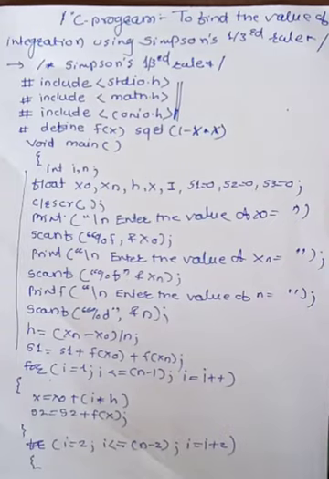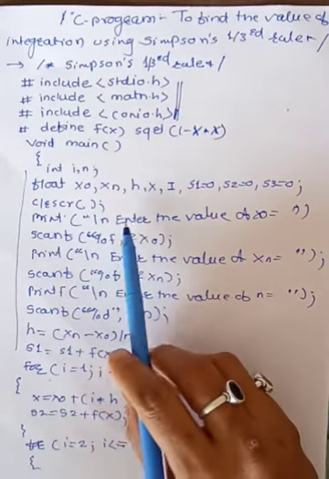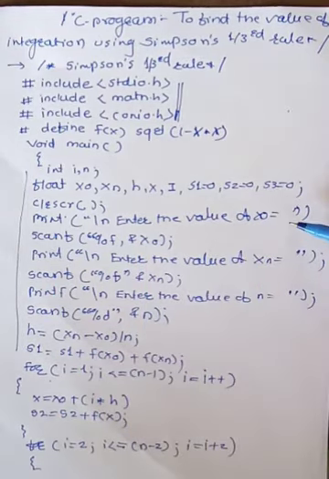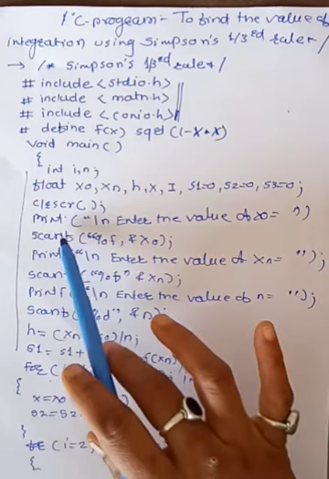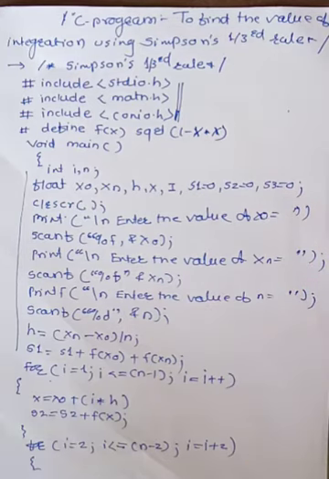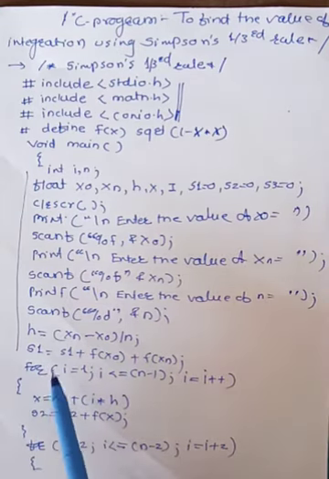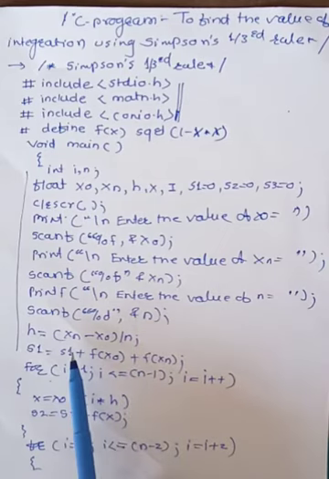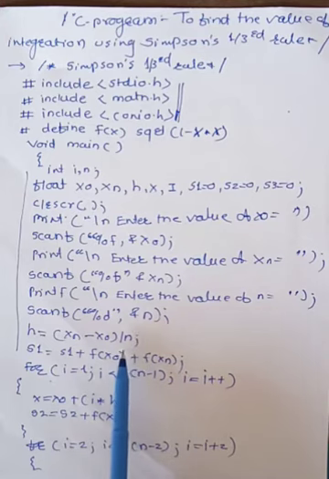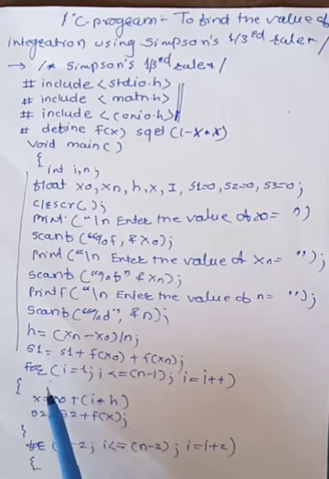Then after defining the integer and float values, we have to print the value of x0, xn by using the printf function. Similarly, the values can be taken in by using the scanf function. So that's why we are using printf and scanf statements here. Next, you just observe h is equal to xn minus x0 divided by n. The lower limit is subtracted from the upper limit and divided by the number of iterations, and the value is h.